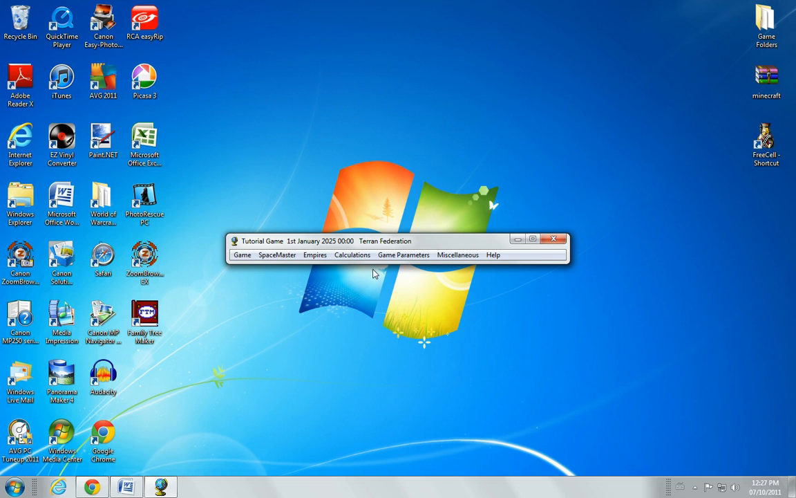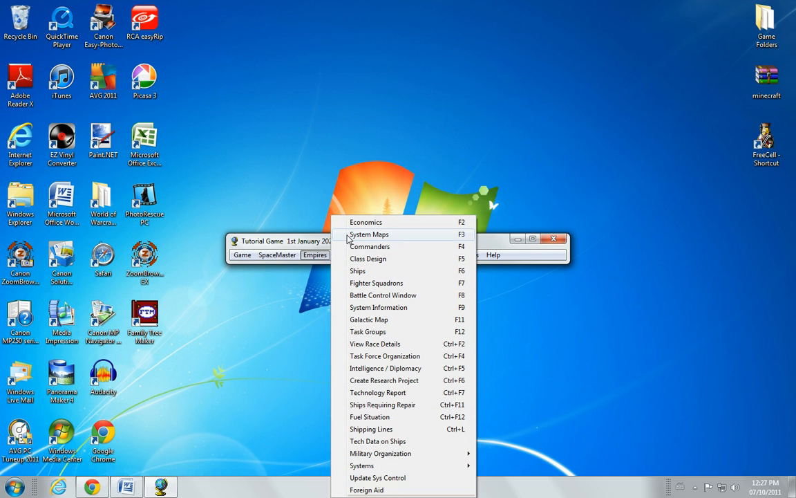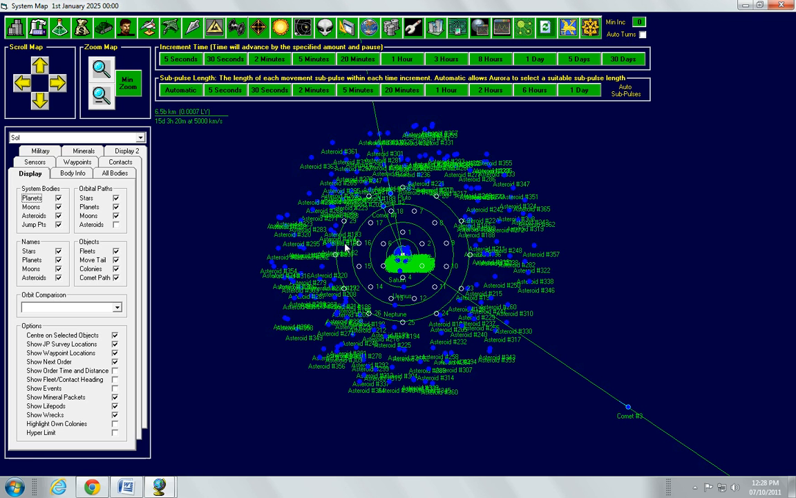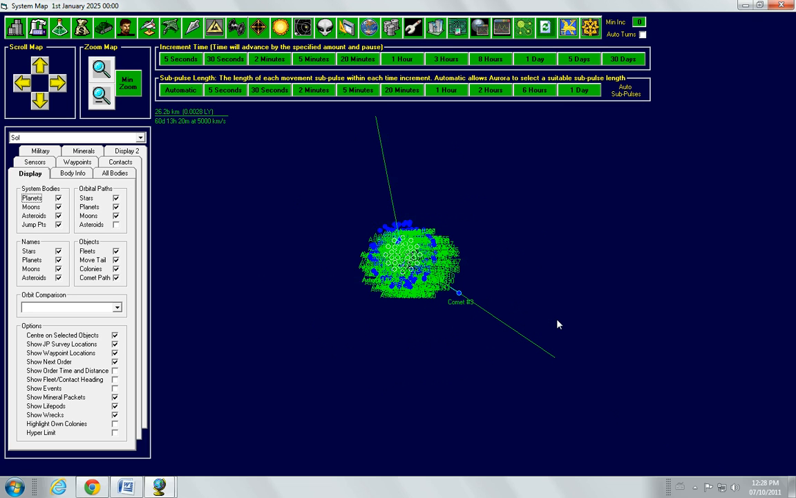Now you'll get this screen. This is the main screen in the whole game. If you close this screen off, every single other screen will close off too. So the first thing you should do is either go to Empires and System Maps, or you can press F3. Make sure you have the window actually selected when you press F3. Okay, now you'll get the system map. It will normally be zoomed out all the way, and